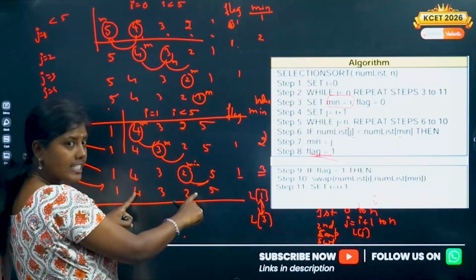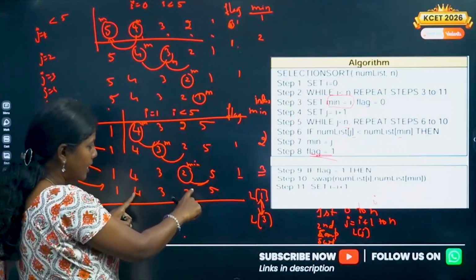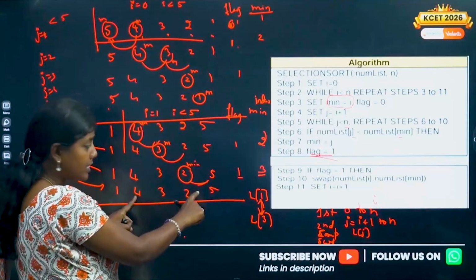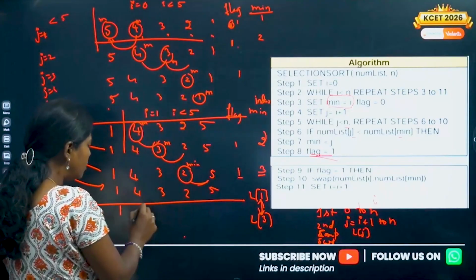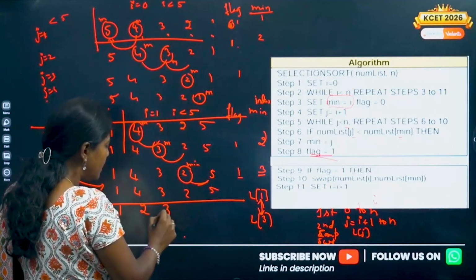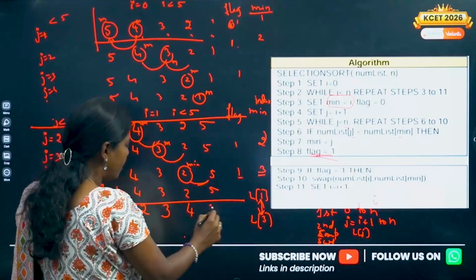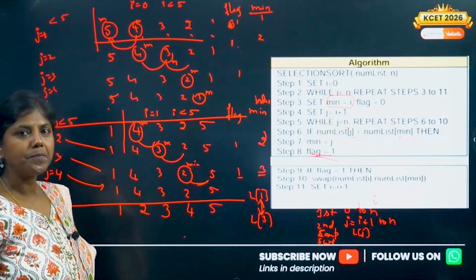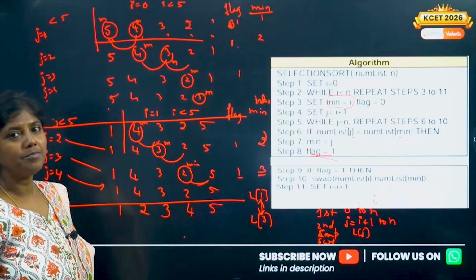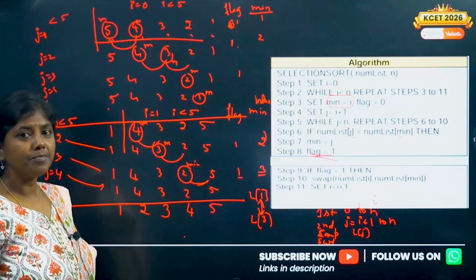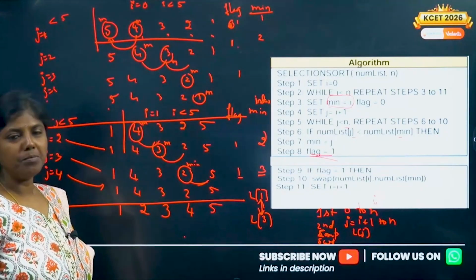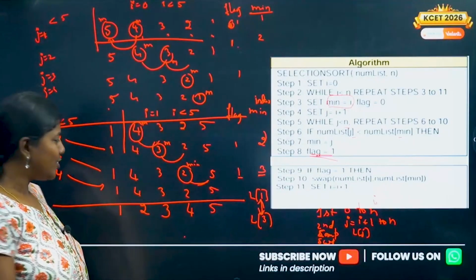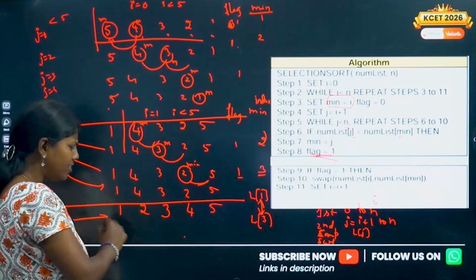L of 1 is this. Second element should be sorted. Then minimum is going to be the 2 only out of this. Then I have to swap it. 1, 2, 3, 4, 5. I have swapped. That's the point here. Understood? Now, very simple. What do we do? It's already sorted. You can just see here. Is it going to end?